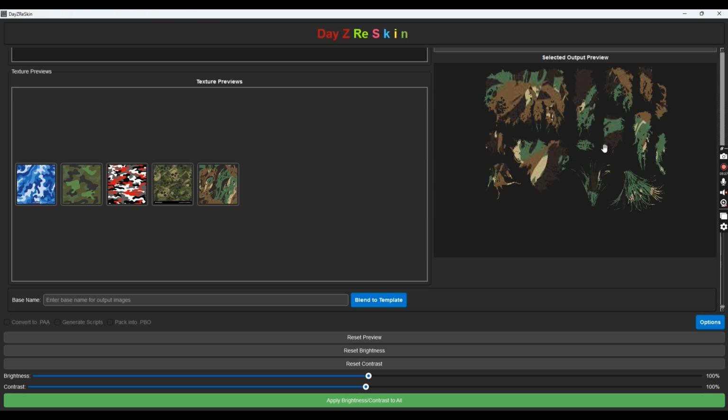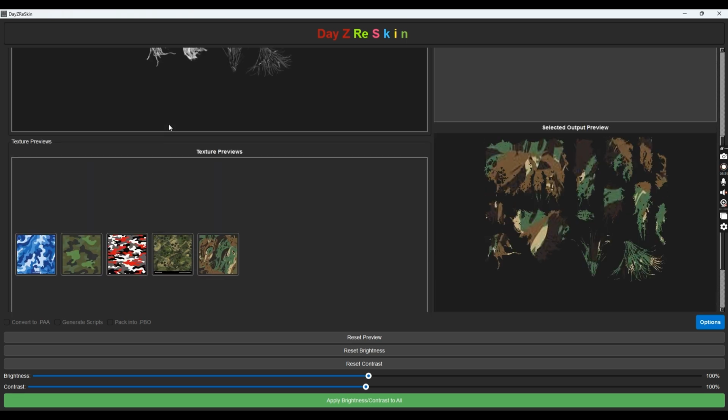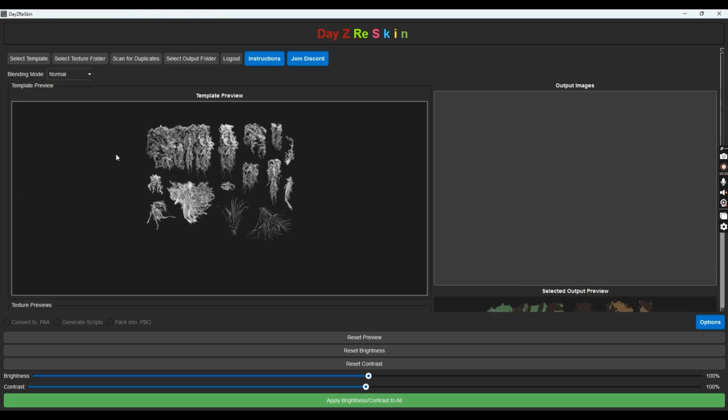Now this is just a normal blending mode. It's just slapping that texture straight over the top. It's not trying to care for the detail in the actual image. So what we want to do, before we go any further with that, once you actually select the texture